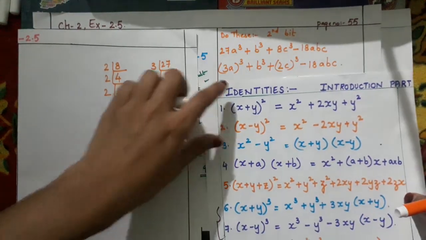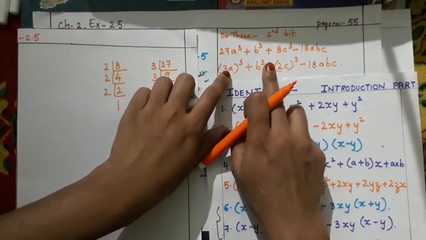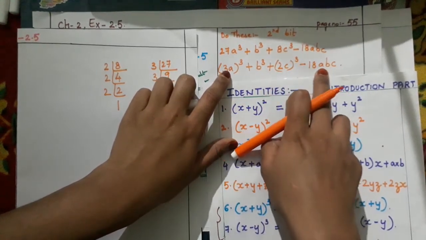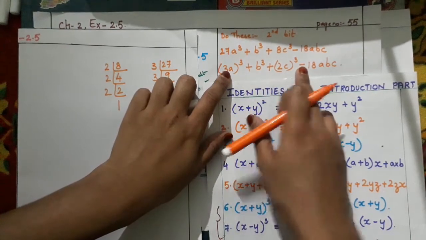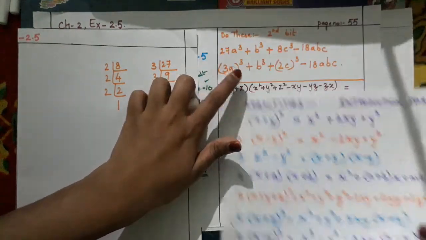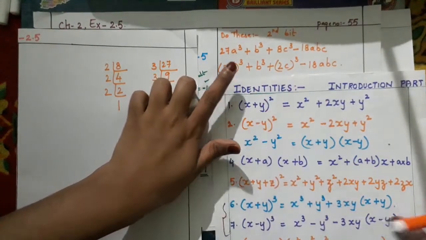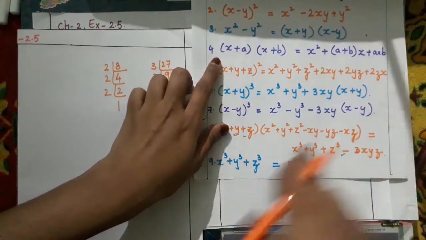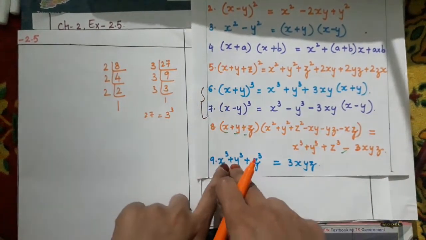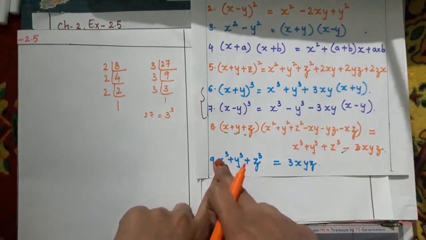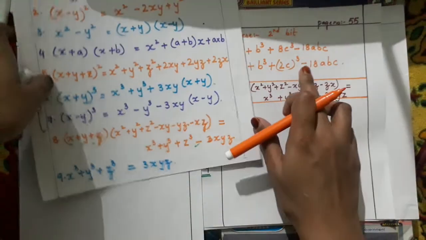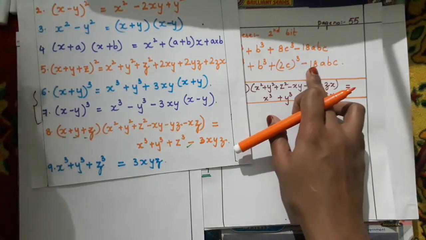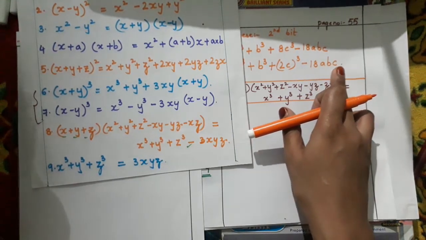Now this one is in which formula, children? See, first 3 are in cubes, then we have abc. First we have 2 pluses and 1 minus. So first we will see cubes. Where are the cubes? In these formulas, we have them only in 2 formulas. Here cubes, here cubes. But they are saying minus 3xyz, see here, minus 18abc as well.